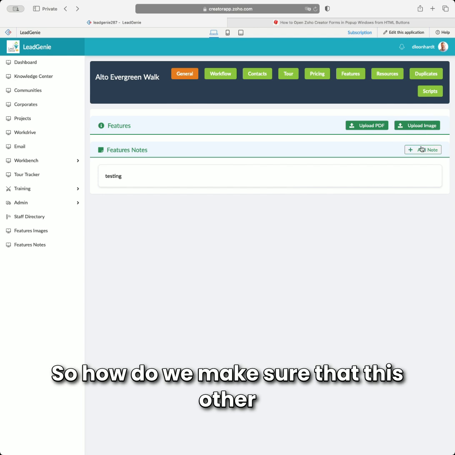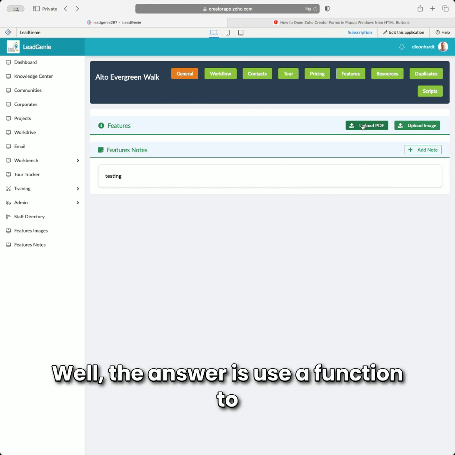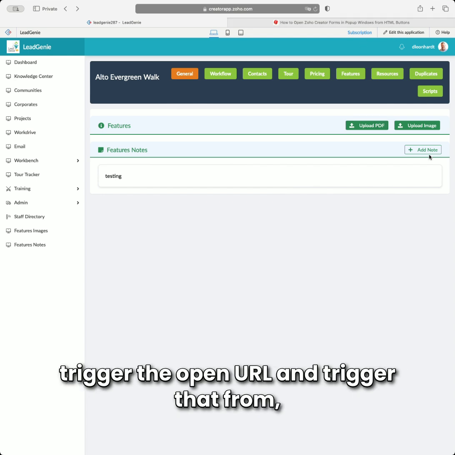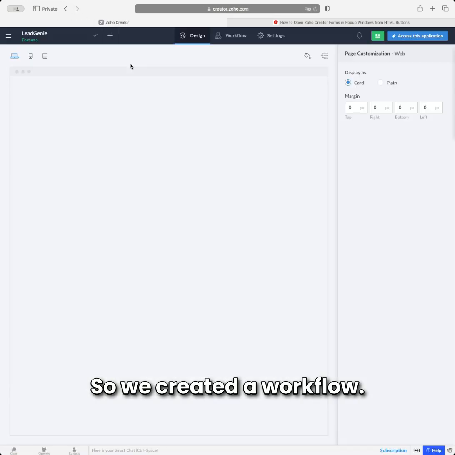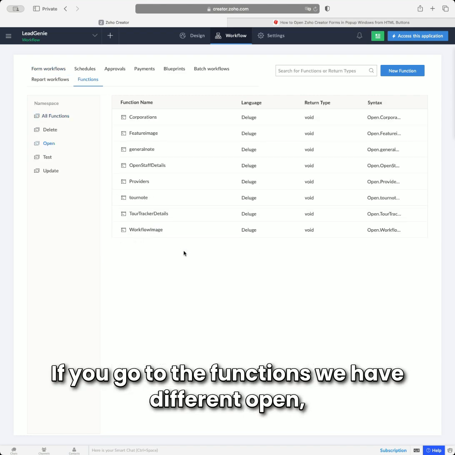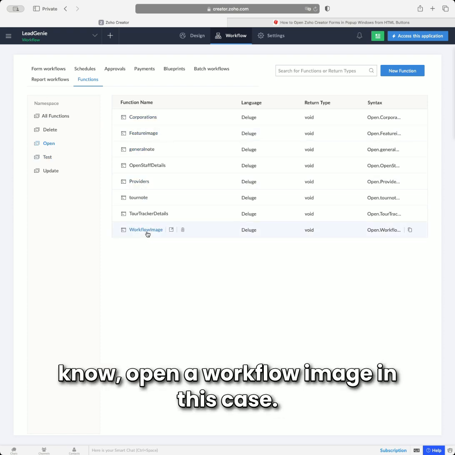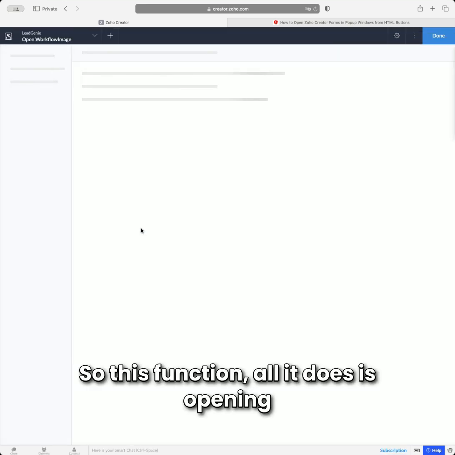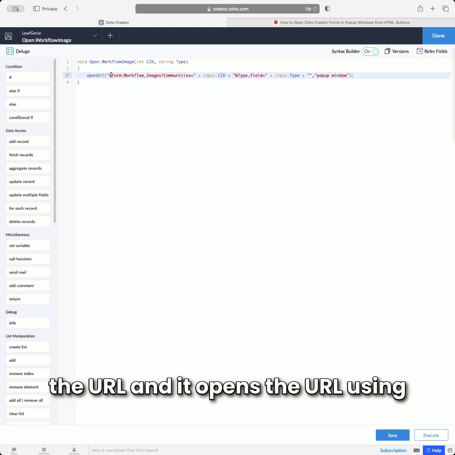So how do we make sure that this other button behaves the same way as the others? Well, the answer is to use a function to trigger the open URL and trigger that from the button embedded on the page. Let me show you what I mean by that. So we created a workflow. If you go to the functions, we have different open functions, in this case, open a workflow image. This function, all it does is open the URL, and it opens the URL using the form, which is